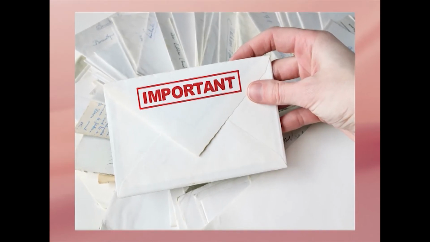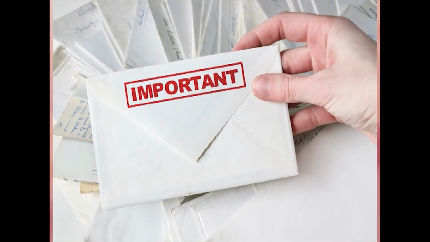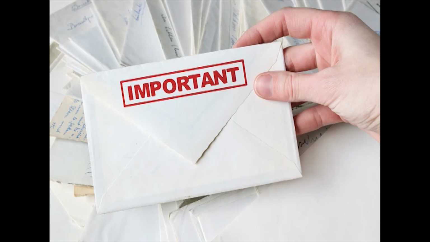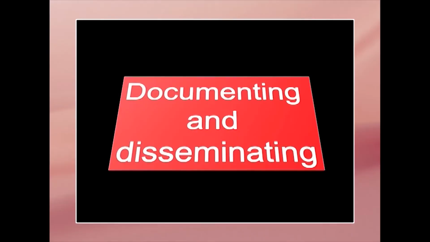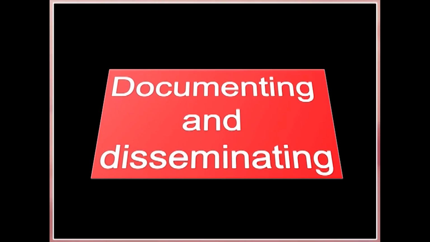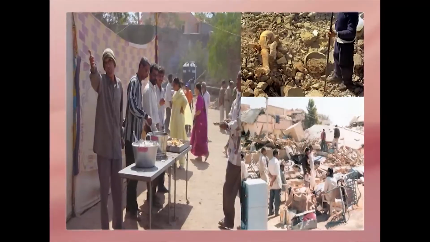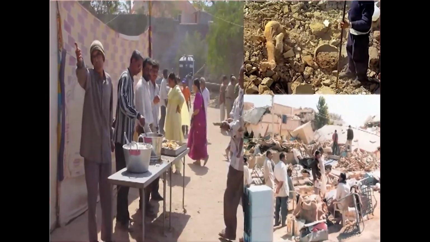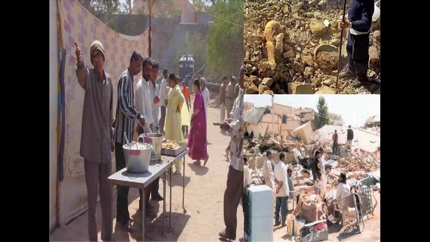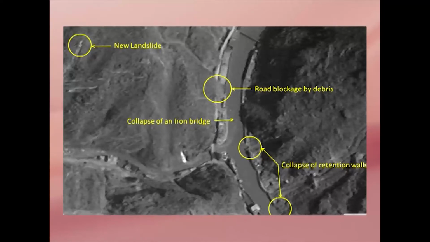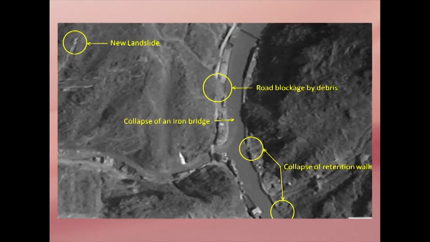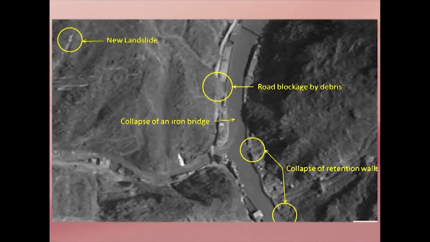This is important given the fact that the area is in a seismically fragile zone and further earthquakes cannot be ruled out. Documenting and disseminating lessons learned. For example, a rehabilitation program was undertaken to address the January 2001 Gujarat earthquake. This program provided immediate support in the following areas: rapid post earthquake reconnaissance to assess impact and